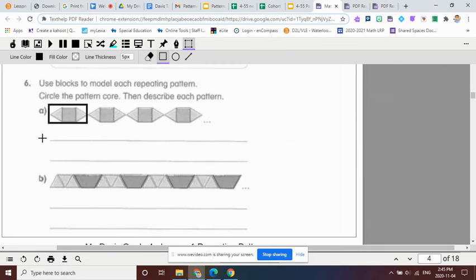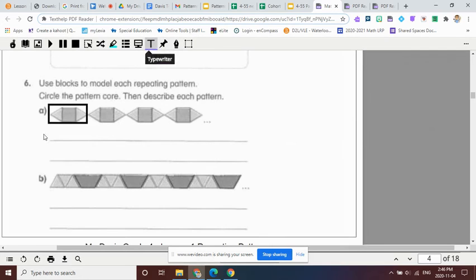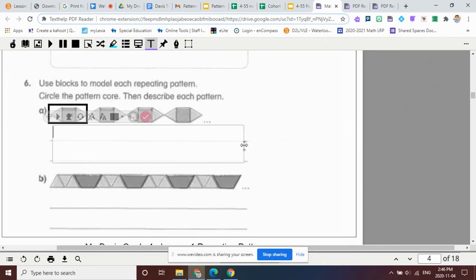So describing this pattern, why don't I do this once so you can see what that might look like when we describe a pattern. I always want to say where I start. So start with a triangle, then a square,